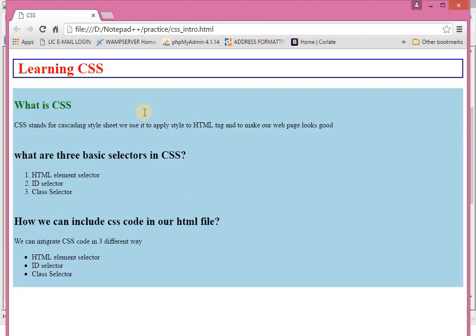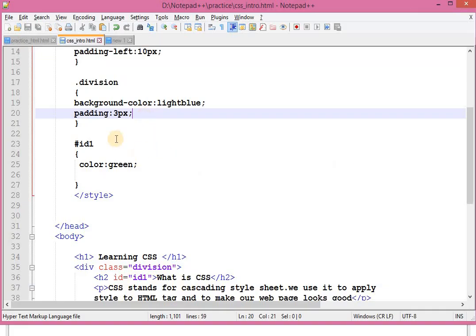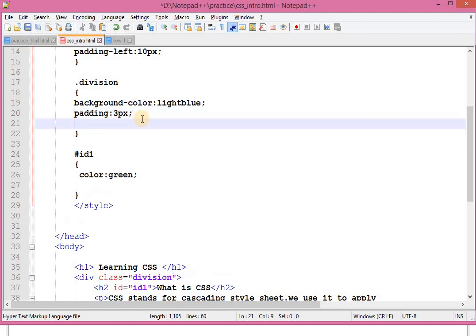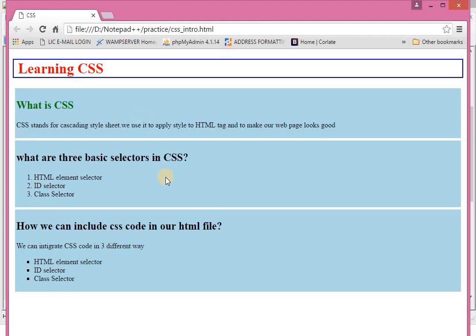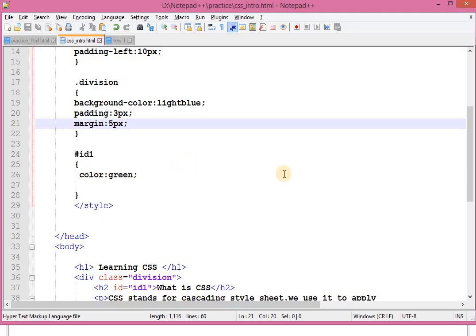Okay, save it. Padding and also margin, that is 5 pixel. Okay, like that. So this is how you can apply CSS.